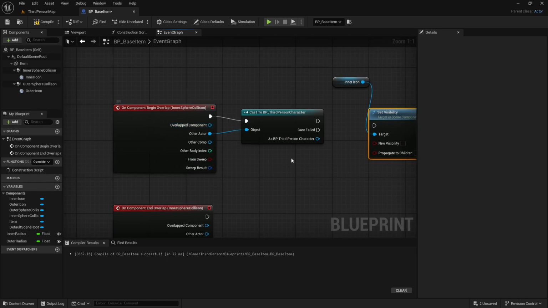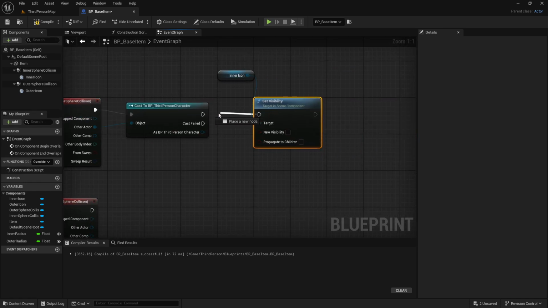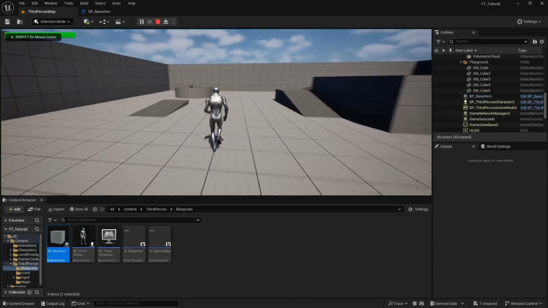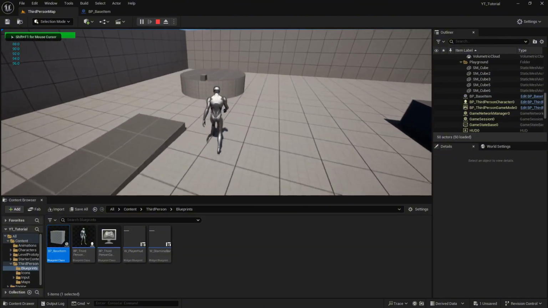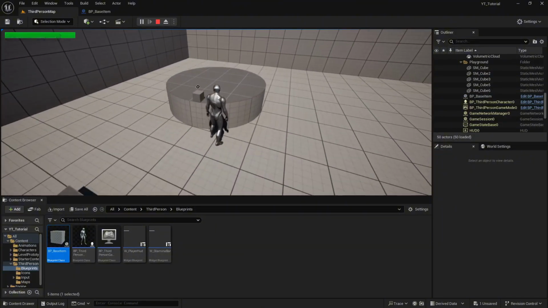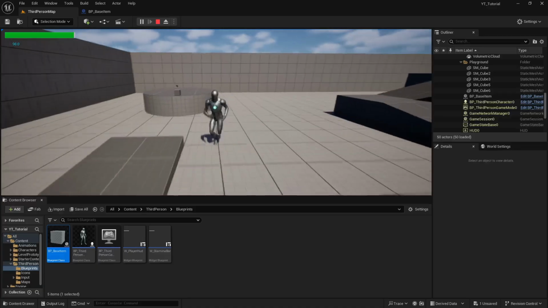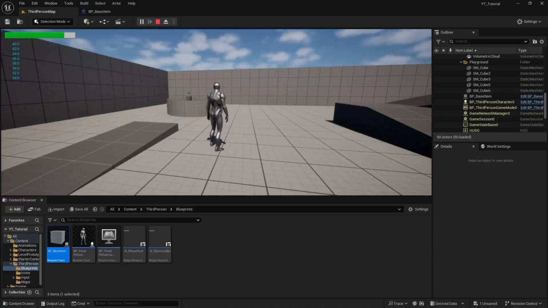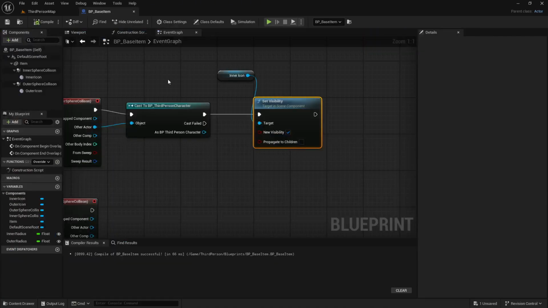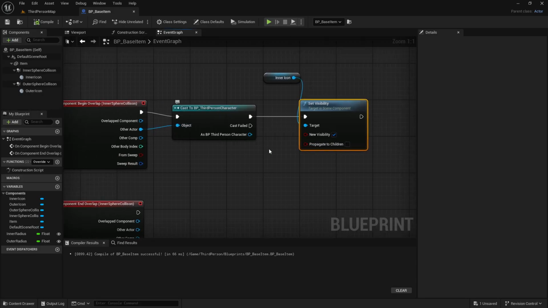So if we did this, set that to true, the icon should appear when you get into the inner circle, and it'll stay there when you leave, because we've not set that out. But yeah, you don't really want to use casting though, so we're going to get rid